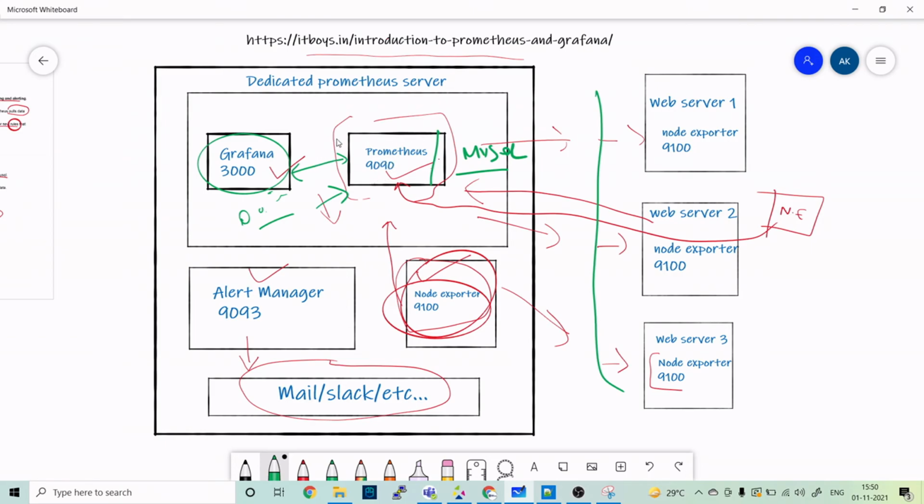Suppose the connectivity between Grafana and Prometheus is done. Now Grafana has some data in it, from Prometheus. Now it needs some dashboard to show the data, so you can create a dashboard and you can import it as well. The plus button indicates create and the I indicates import. That we will see in our coming videos.